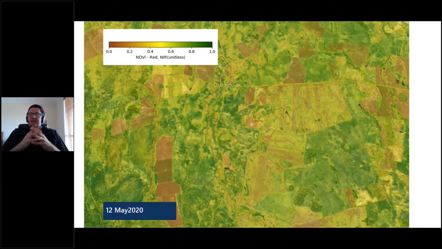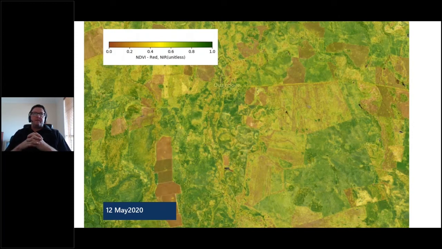The next image is actually from a couple of days ago, the 13th of May. And great news for everyone. We're just seeing a really good response. We had an early break in about March. Generally speaking, we're seeing quite strong pasture growth rates, real positive signs that we're finally coming out of this drought event.